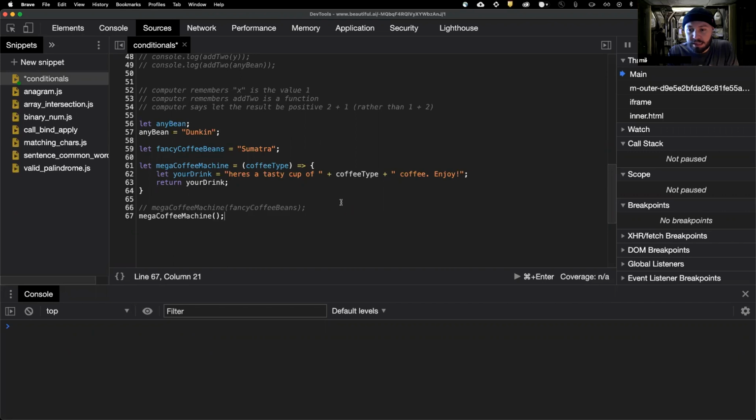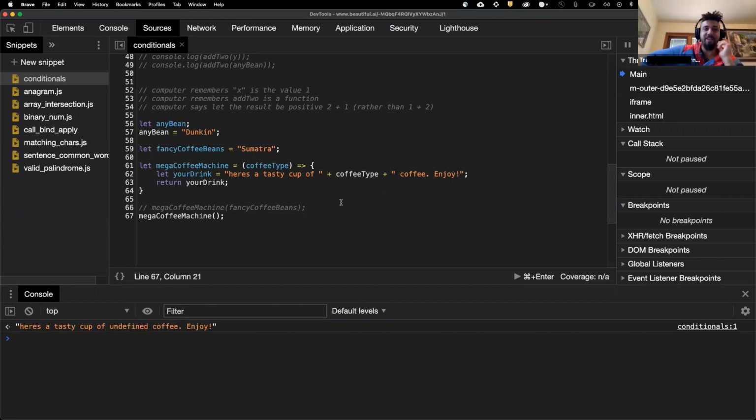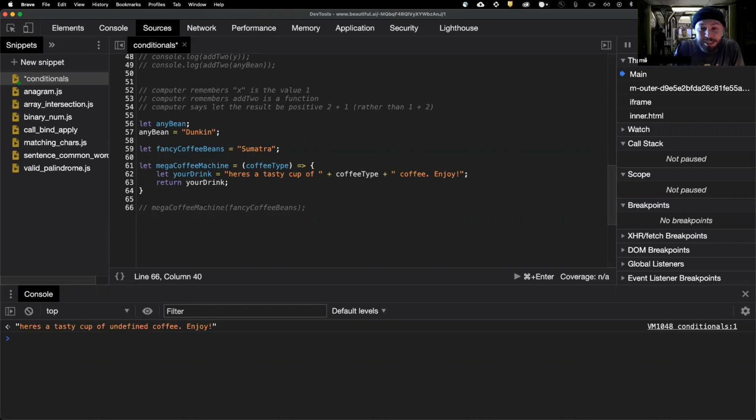It won't print an error. What will it do? Here's a tasty cup of coffee. Enjoy. Yeah, exactly. Of undefined coffee. Close. You guys were both right. Kyra said undefined coffee, and Travis said a gourmet coffee bean name. Yeah, exactly. Undefined. And that's because coffee type